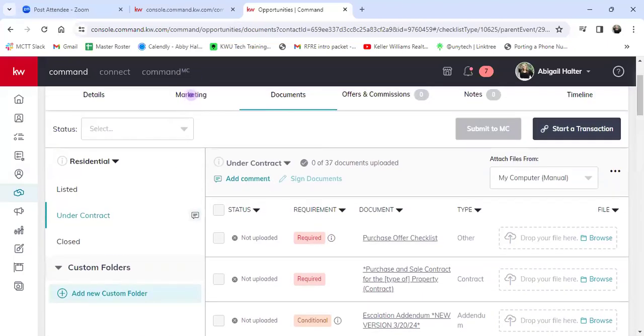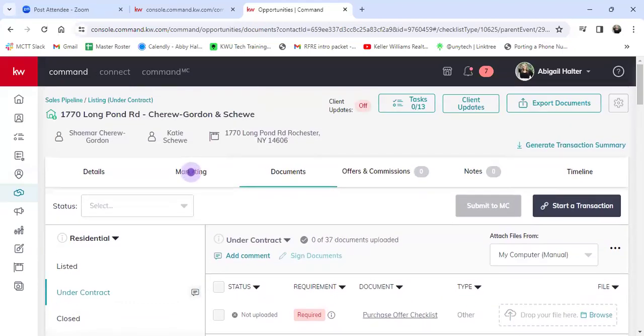So commenting in here, folders, always hitting submit to Market Center. If anybody wants to go through the process of uploading and submitting paperwork, come to my class that is just on